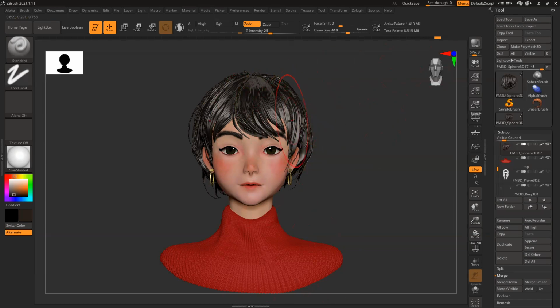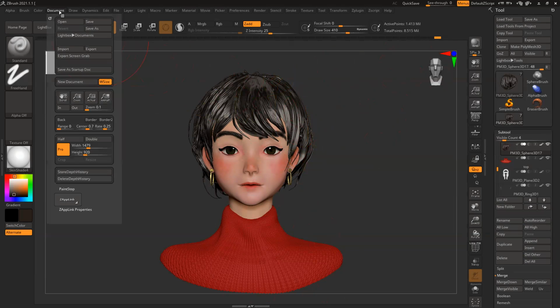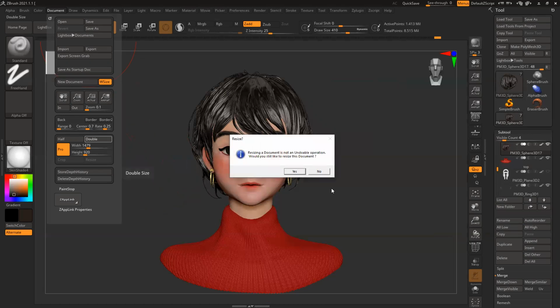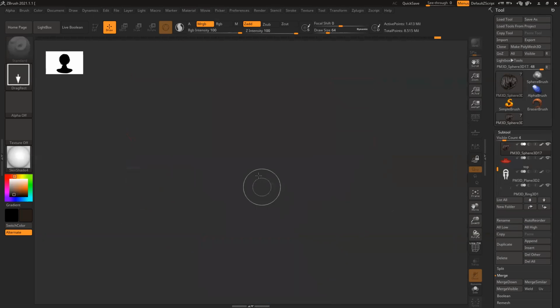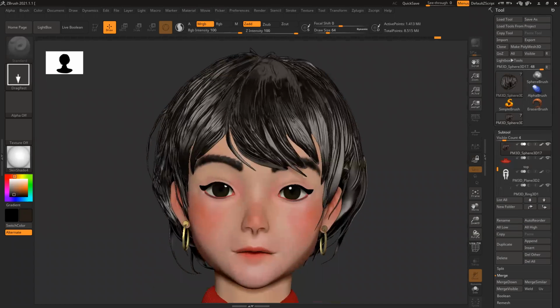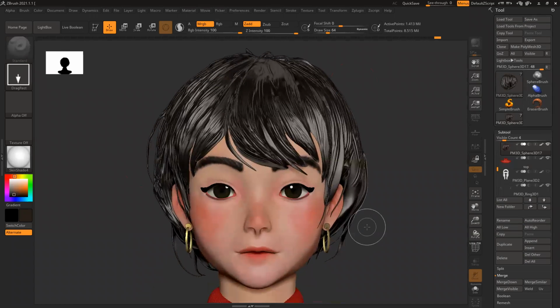Yes, sir. So we can render out this thing in ZBrush, but ZBrush rendering depends upon the document size. Whatever the document size, max to max, it will give you the output of that only. So if I want a full HD, I can just simply double it. You see everything become pixelated. Control N for new, and drag it again. So it will draw the model.